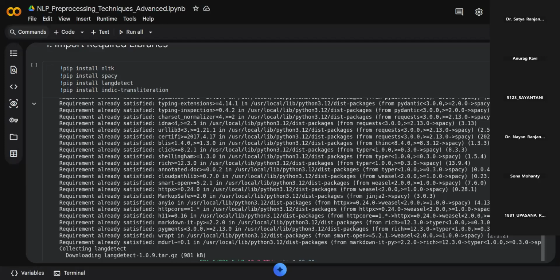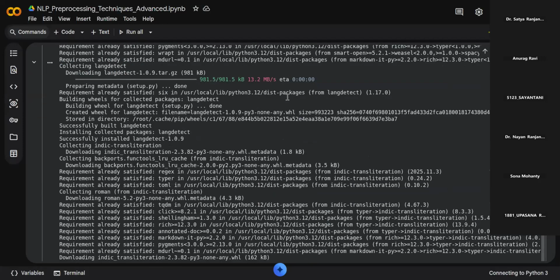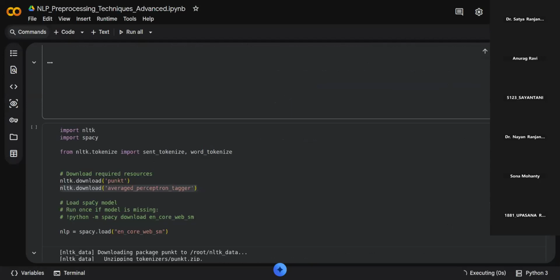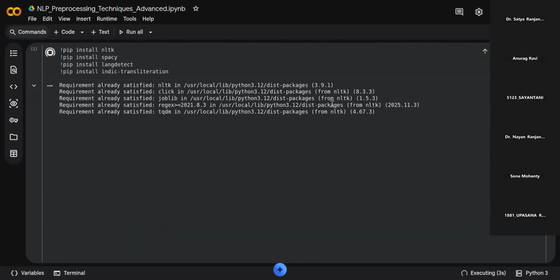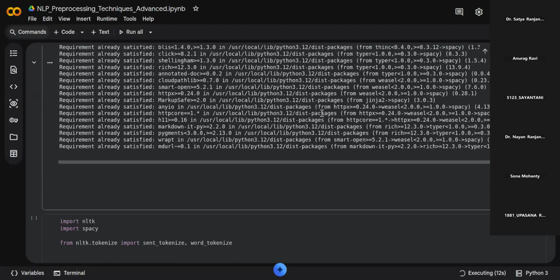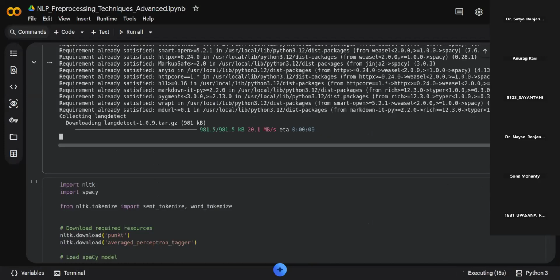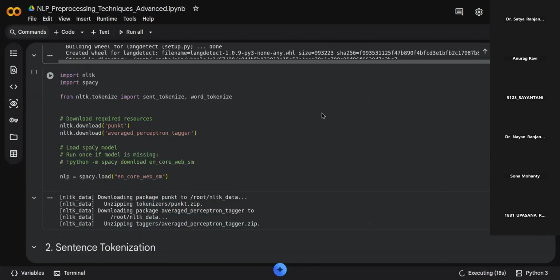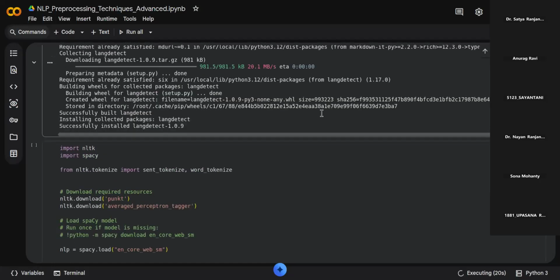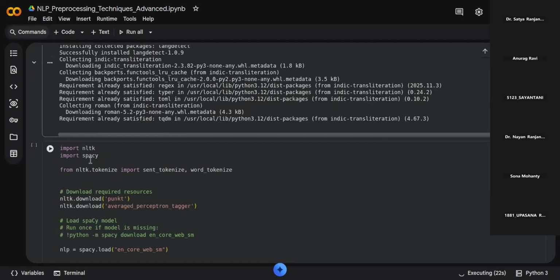So first you need to install them. If they are not there, you need to install them. So let's run this. So let's install. Okay, now we have to import them. So import NLTK, import spaCy, and